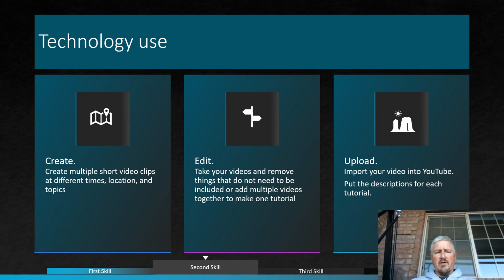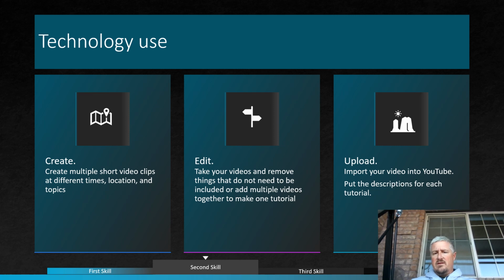I did one in my parking lot. I did a couple in my vehicle. I've done some at home. I've done some different locations and times, and it makes it really convenient. And then within these apps and within the phone program, you can edit and you can add multiple videos together. You can do all kinds of things that way, which is great.